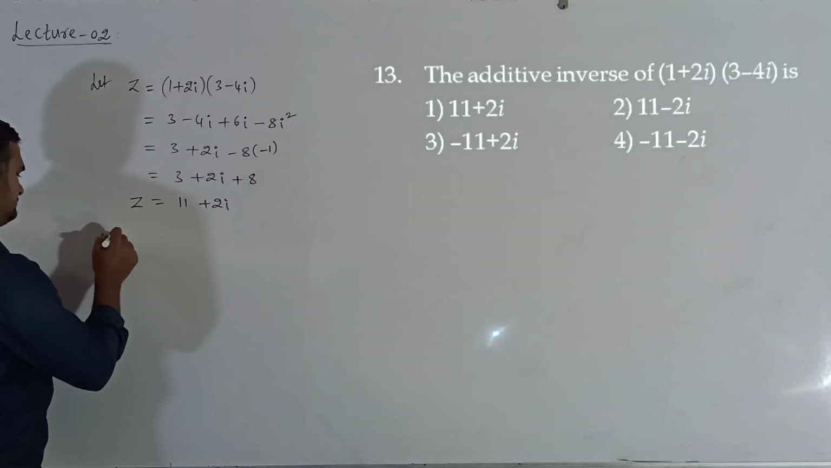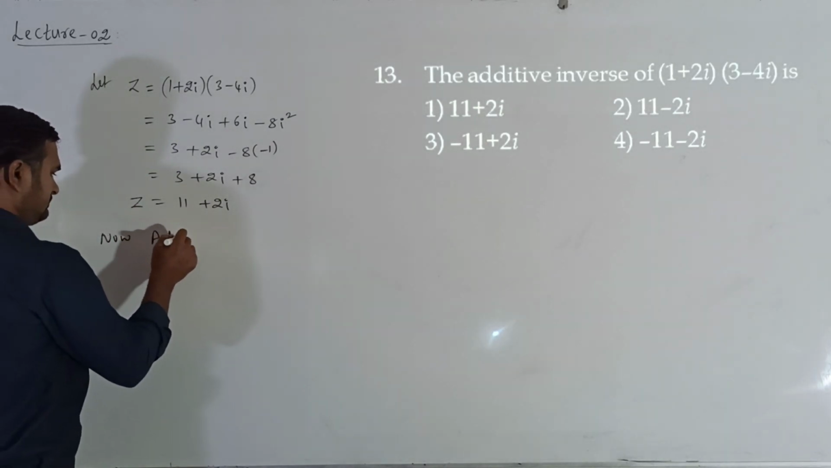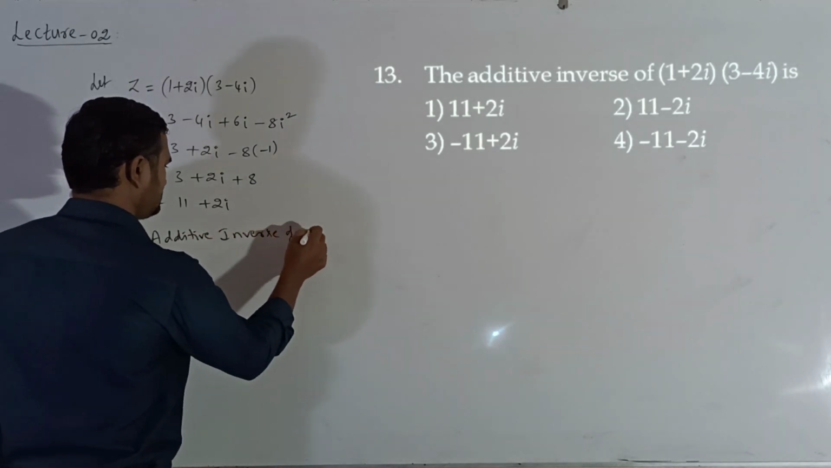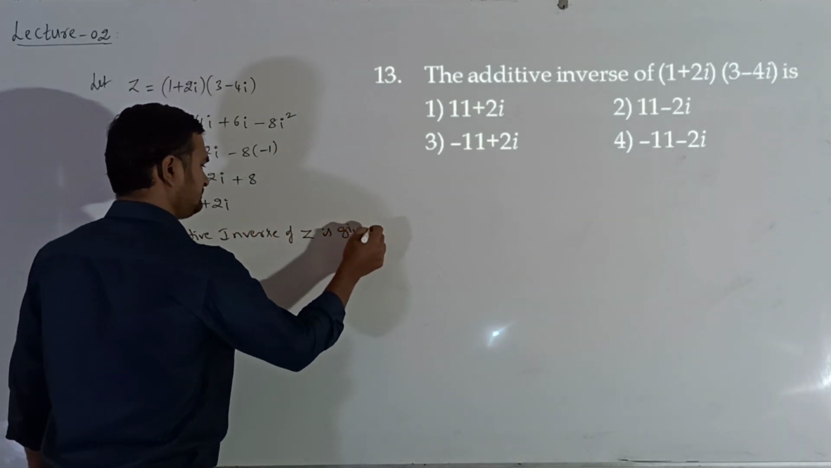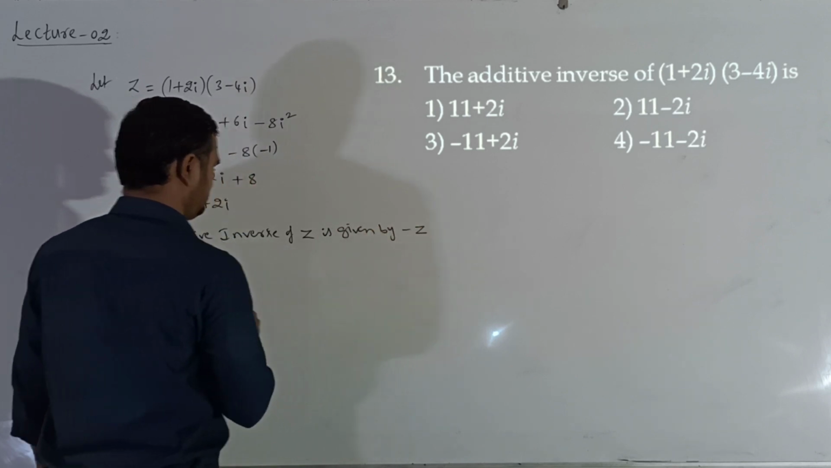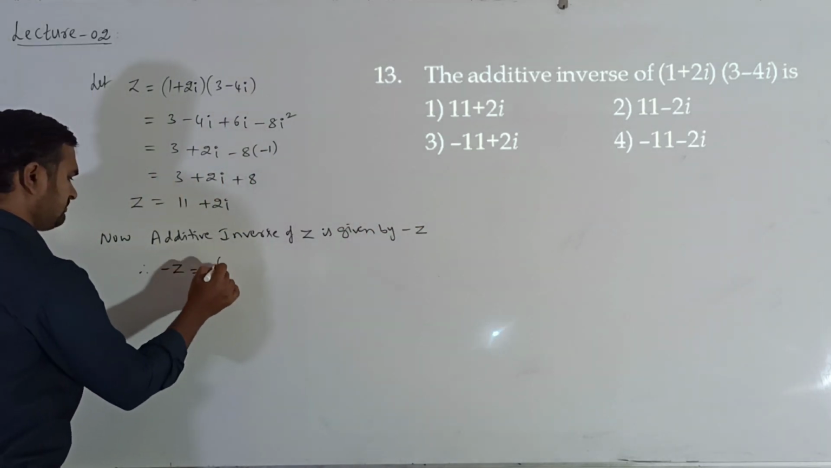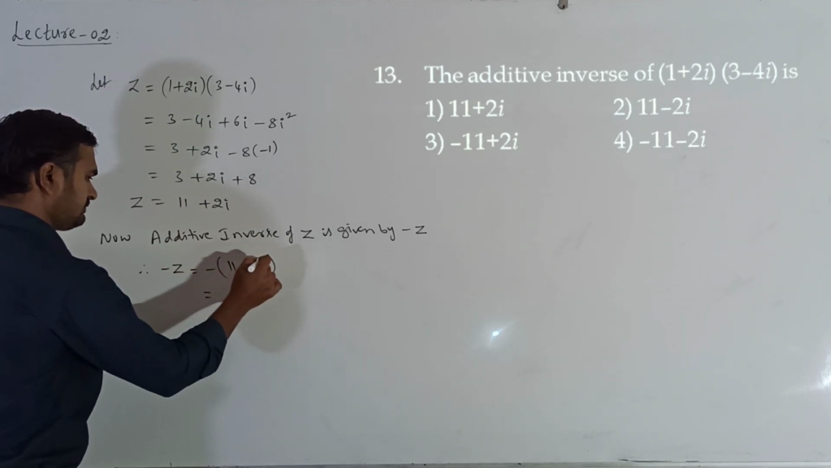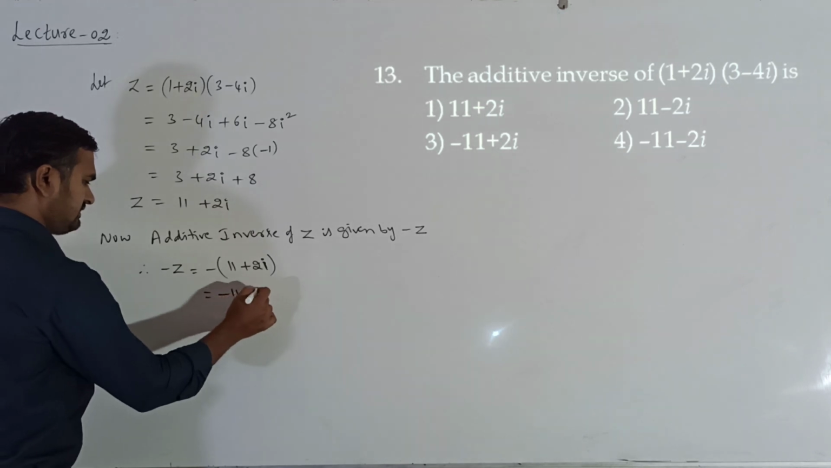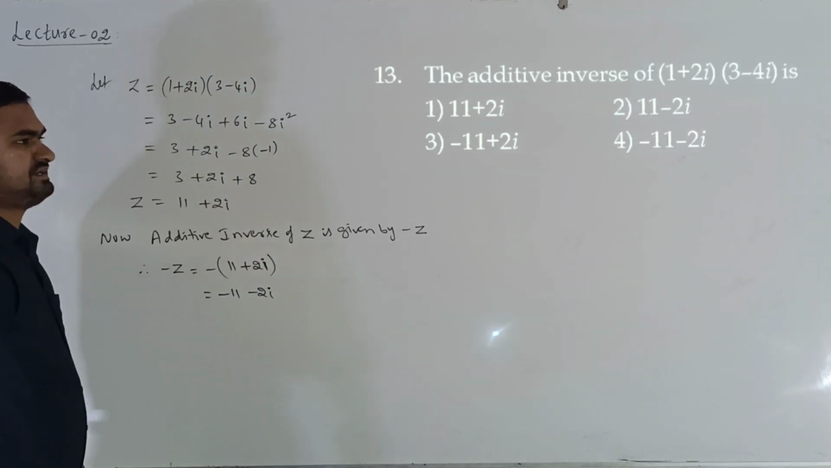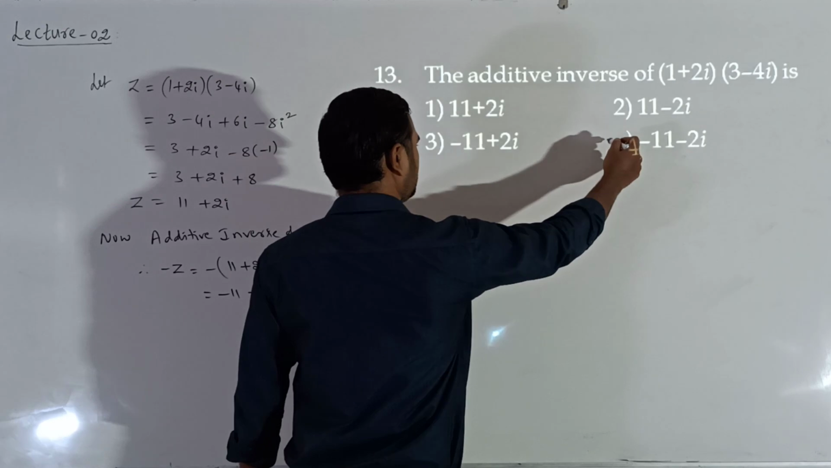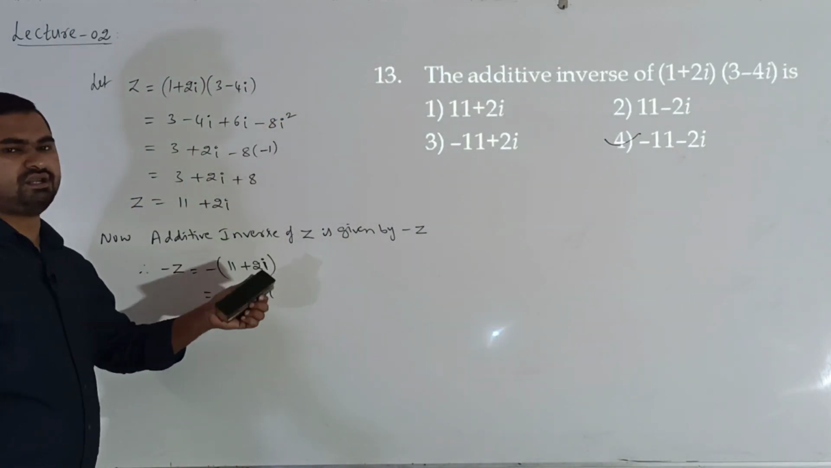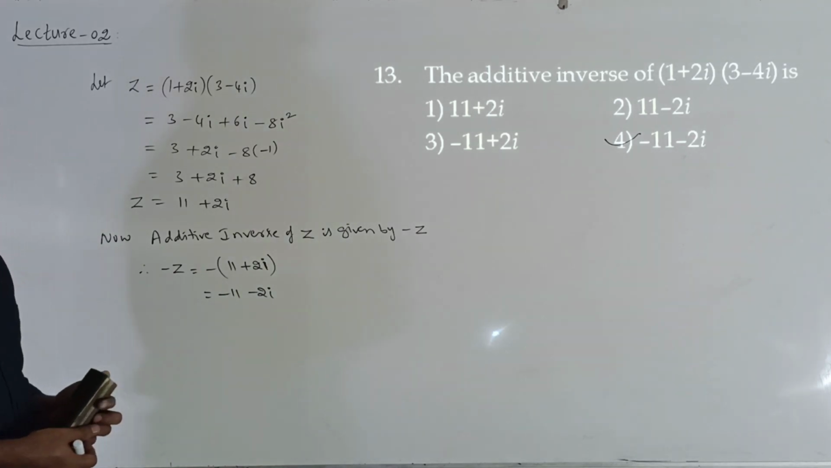Okay. So now what we need, additive inverse of z is given by minus z. So what is minus z now? Minus of z, 11 plus 2i. So minus 11 minus 2i is the required answer, that is the fourth option. Understand? So this is how we take additive inverse. Next,